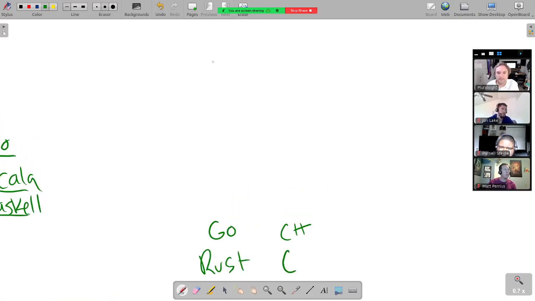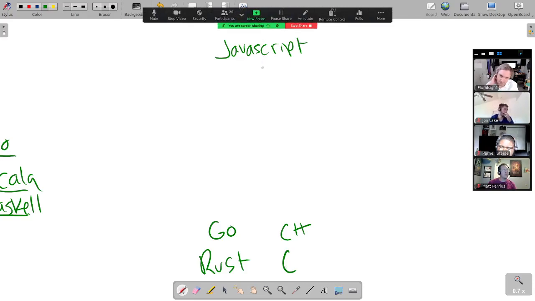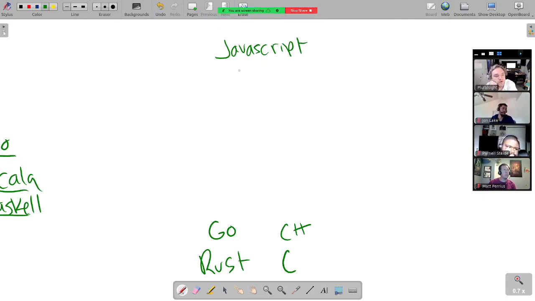And then up here, we have the slowest stuff. The slowest stuff would probably be JavaScript, because when you write JavaScript, it needs to get run by another language. So it's always going to be slower than just running that language. So JavaScript would be up here.